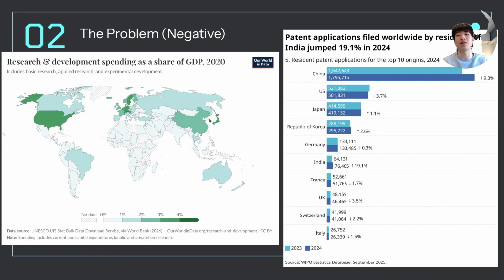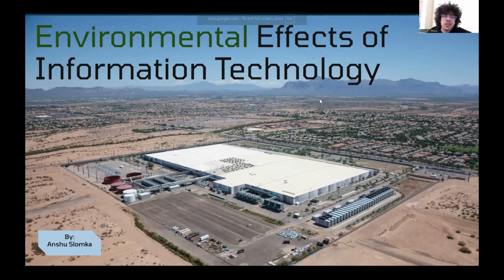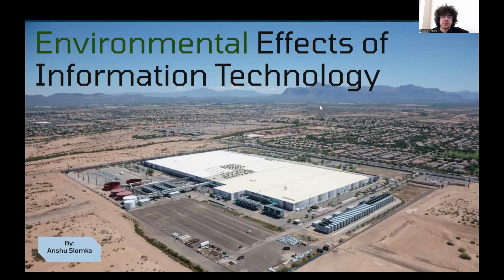However, the same open access infrastructure enabling low-cost barrier research creates a critical vulnerability in data colonialism, where corporations harvest research data from LDCs, process it abroad, and own the resulting patents. It also drives a negative feedback loop. As LDCs lose ownership of their research output, they generate less domestic innovation value, which in turn lowers the funding available for the next generation of R&D. And the patent chart makes this concrete, as no least developed country appears in the top 10 origins for patents in 2024.